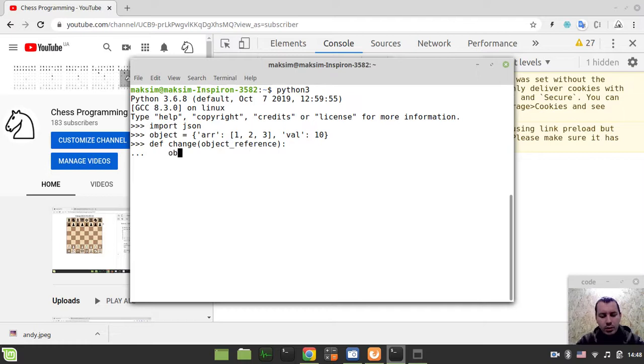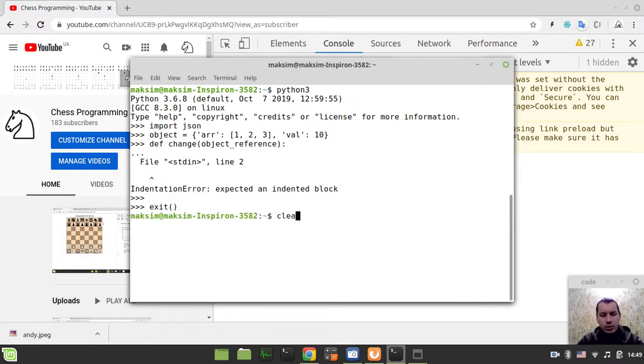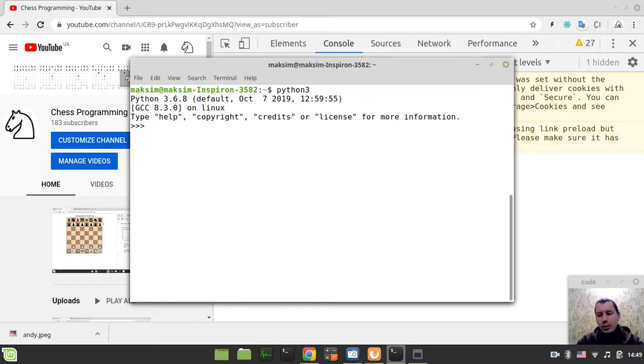So let's create a variable called object deep copy, and it would be equal to, well, okay guys, just before this I want to demonstrate the process of creating a deep copy separately, and then we'll come back to our example. So I just import json, and let's say the object,